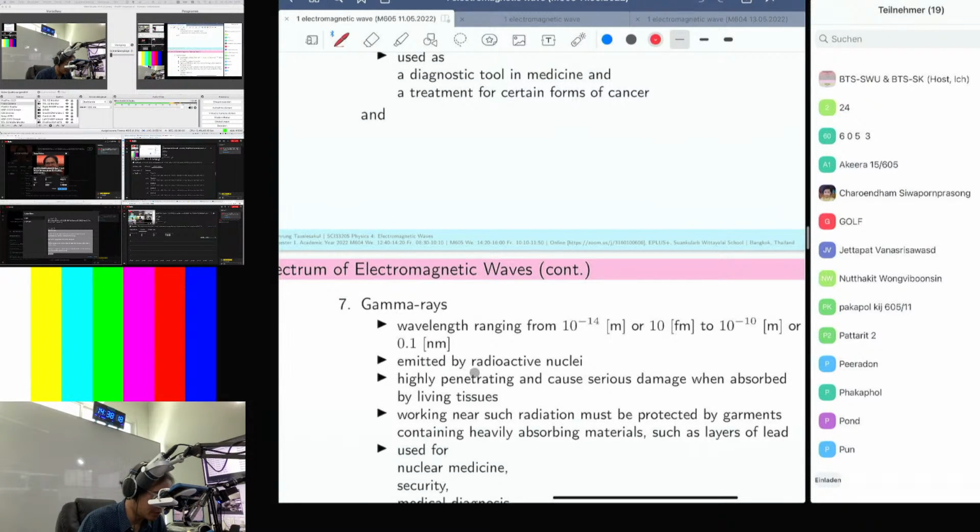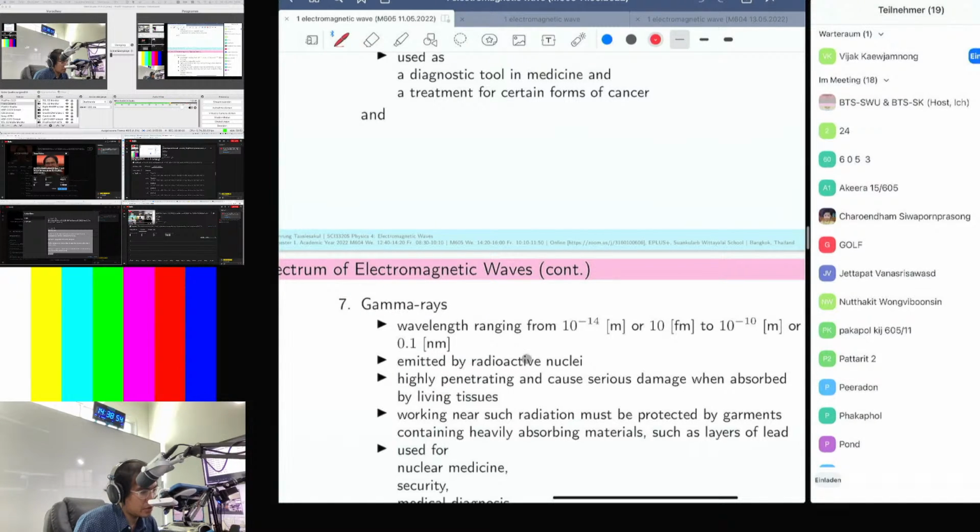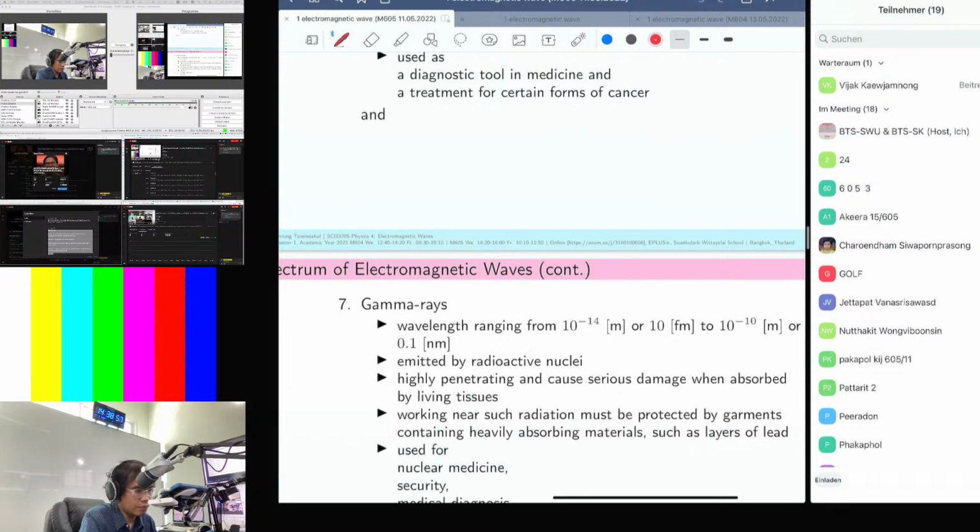How could the gamma ray be generated? It is emitted by radioactive nuclei. If you have a big nucleus, as you know, the big nucleus will not be stable. It's unstable if you let it stay like that. The big nucleus tries to decompose itself to be two smaller nuclei, and the small nucleus will release some particles like